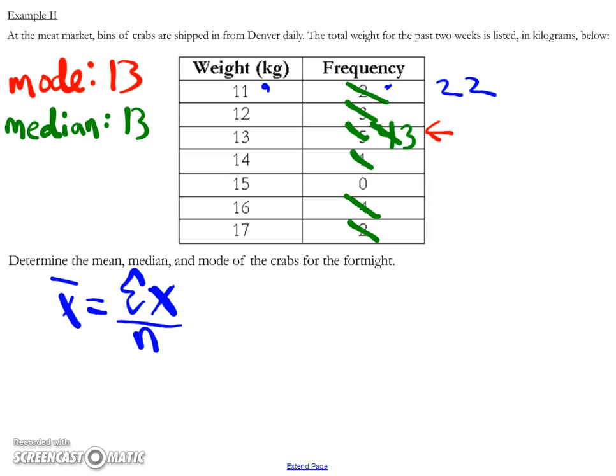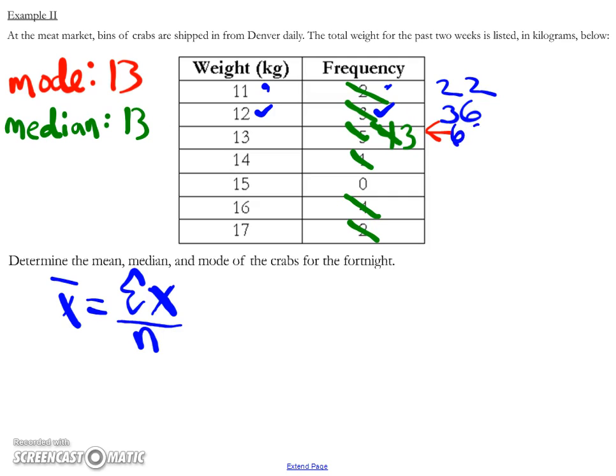If you have a 12, and you have 3 of them, 12 plus 12 plus 12 is 36, or 3 times 12. So if I multiply each of these by the corresponding number of frequencies,